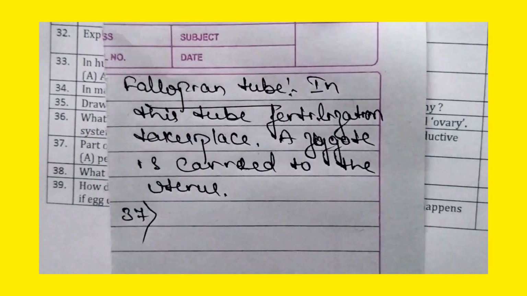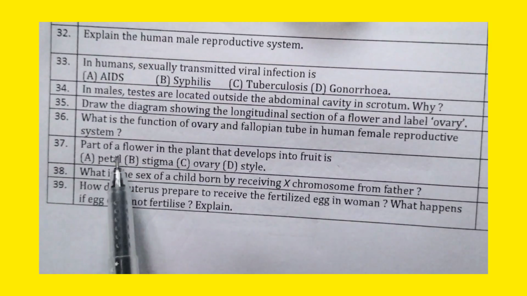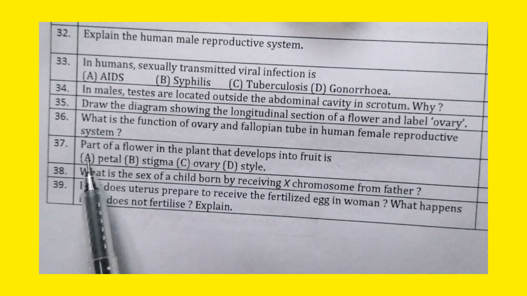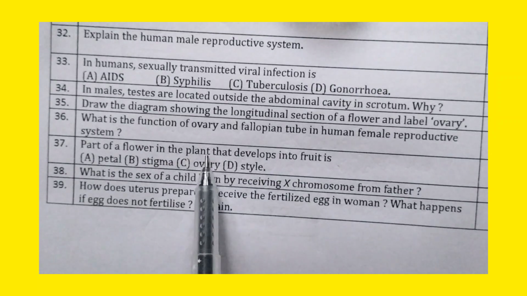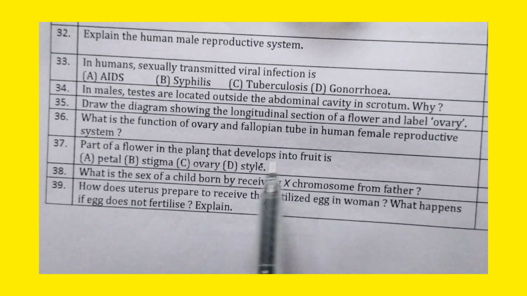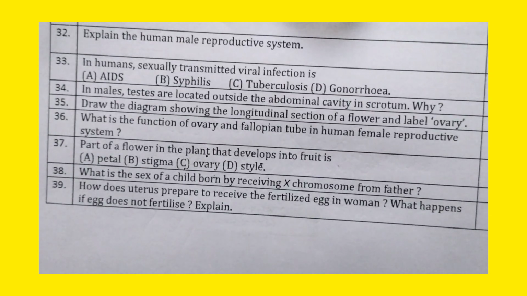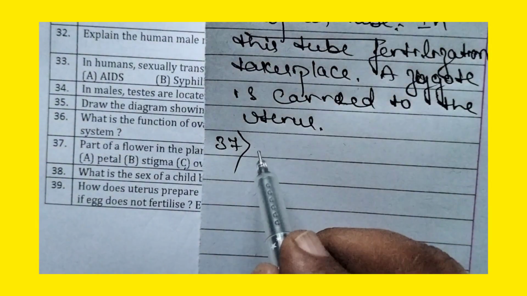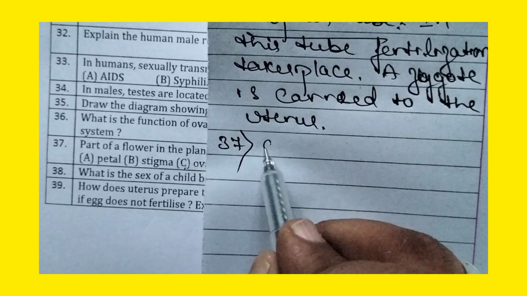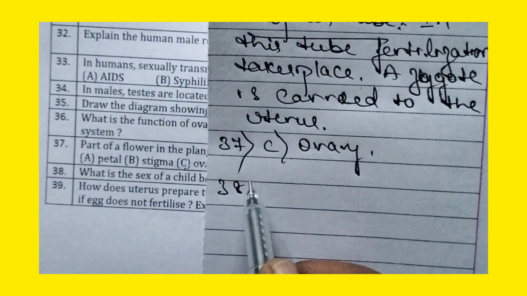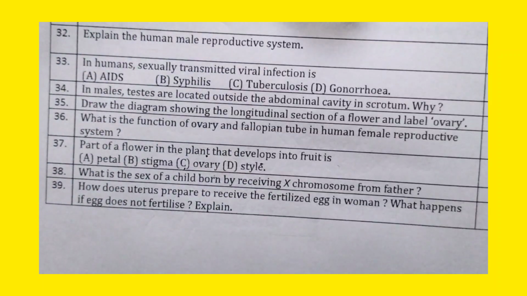The 37th question is a diagram question, an MCQ: the part of a flower in the plant that develops into fruit. The part that develops into fruit is the ovary. So the ovary develops into fruit. For the 37th question, option C, ovary, is the answer. Now let us move to the 38th question. In the 38th question, what is the sex of the child born by receiving X